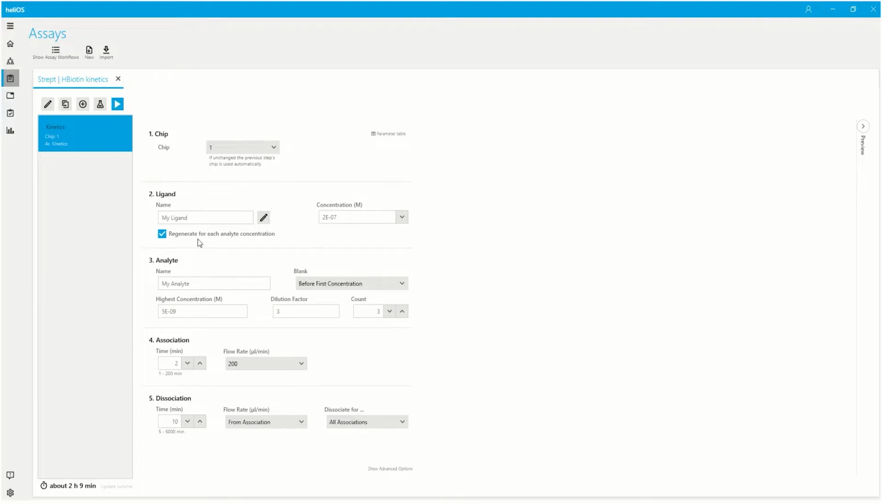You can see that point 2 is related to the functionalization, so immobilization of your ligand, which we can summarize as streptavidin, with a concentration of 100 nanomolar, and we don't need to regenerate the surface after each concentration because we are going to measure only one single concentration for today. Then, related to the